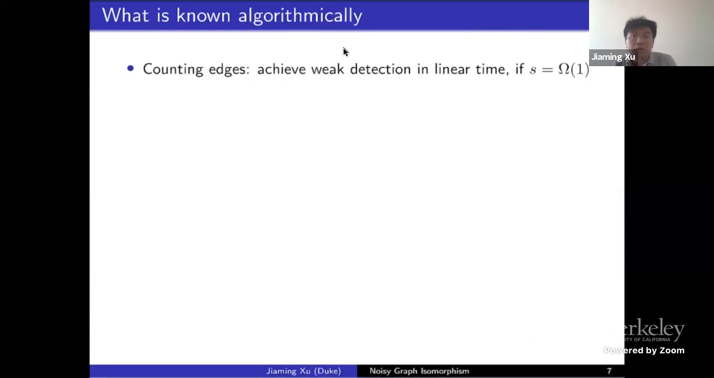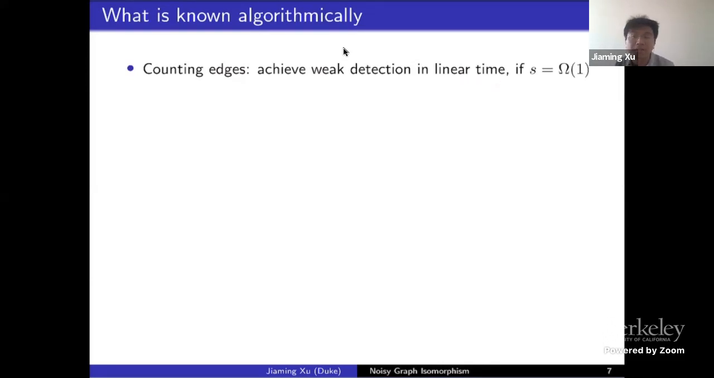Okay, so after identifying the statistical detection limits, a next level question is, can we achieve this limit efficiently? A simple testing statistic to consider is just based on counting the edges in the two graphs. If the number of edges in the two graphs is very small, then you declare that it is in the alternate hypothesis. This turns out to achieve weak detection in linear time when the S is above